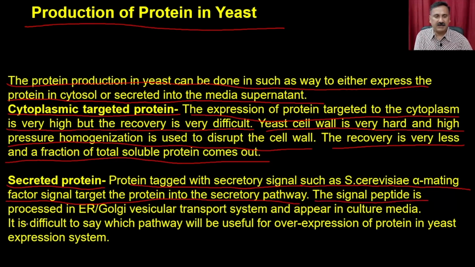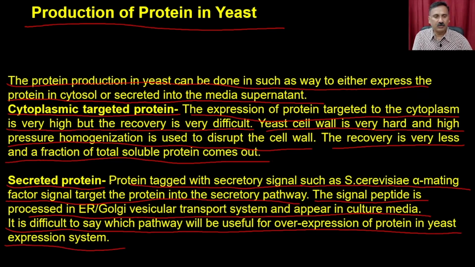The signal peptide is processed in the ER-Golgi vesicular transport system and appears in the culture media. It is difficult to say which pathway will be useful for our expression of the protein in yeast expression system, because both of these pathways have their own negative and positive. In the cellular targeting system the recovery is going to be low, whereas in the secreted proteins, because the protein is going to be present in the media,